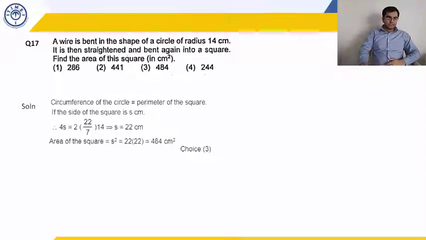And I would also say that please write down for this particular question what you are using over here. Length of wire remains the same. Implies circumference of circle equal to perimeter of square. Right at the top over here you can write length of wire remains the same. And that is the basic principle that we are using in this question.